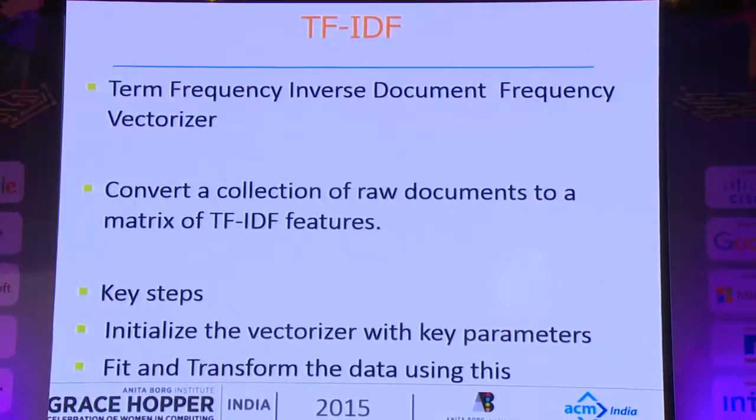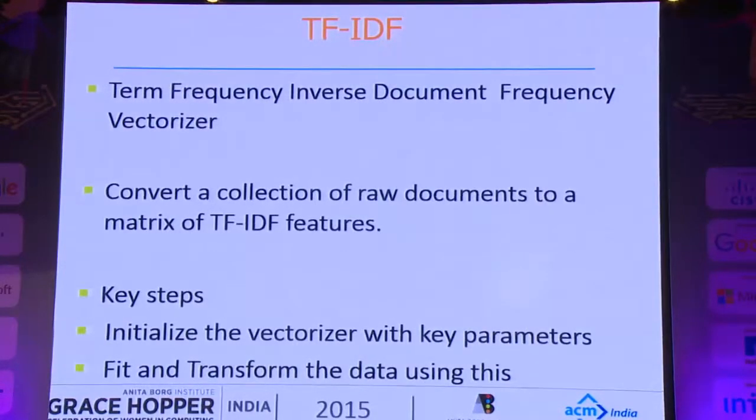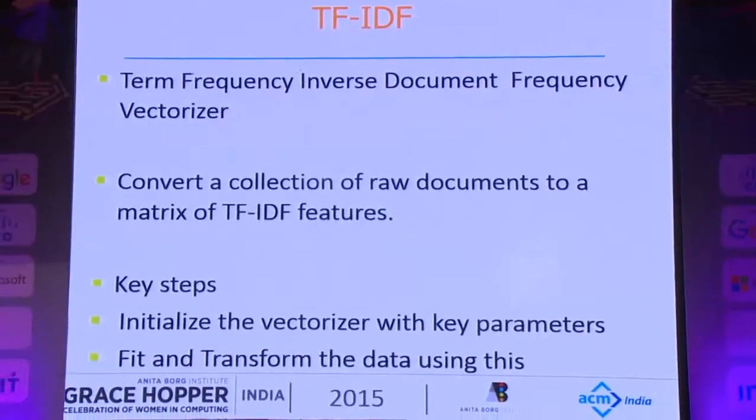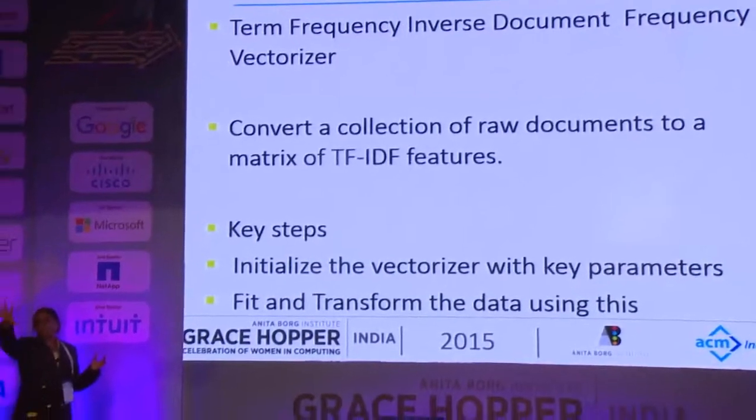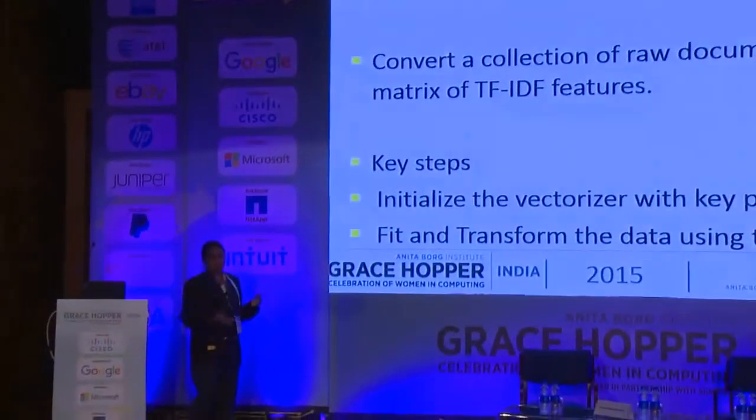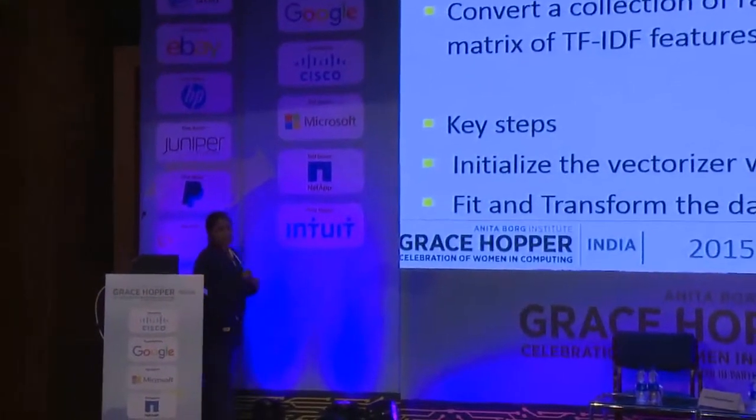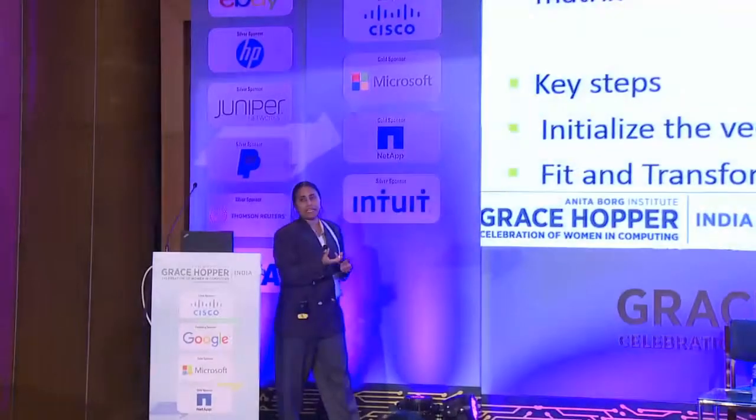Suppose you have 1,000 training instances, you'll have 1,000 rows, and your columns would be the terms in those rows. What are the keywords which appear there? It could be printer, or out of paper, or maybe salary. So what are the key terms? Whatever it has learned will be your columns, and each row is one of your instances. The value for the term frequency brings out how important a particular term is. So this is TF-IDF.